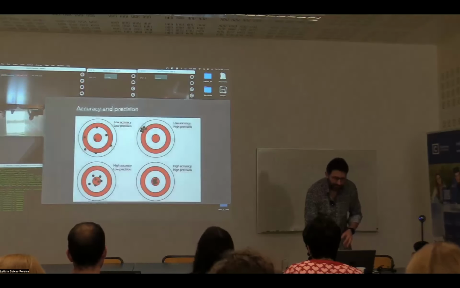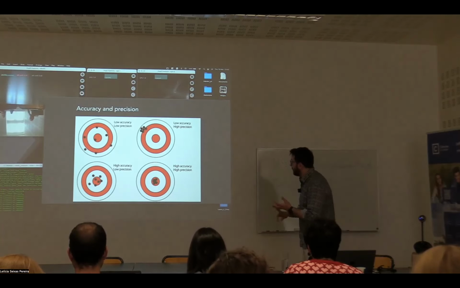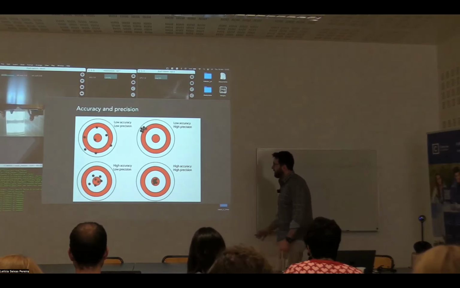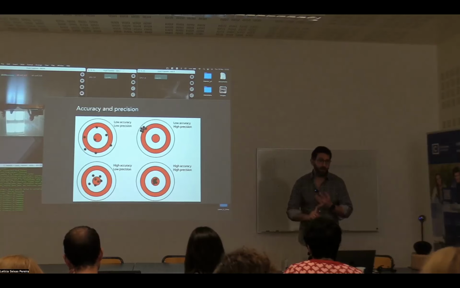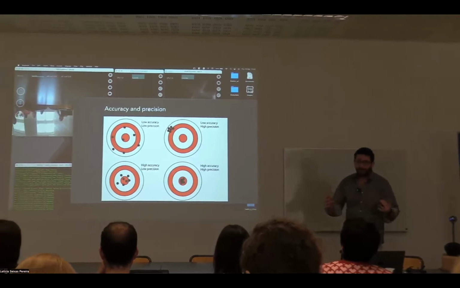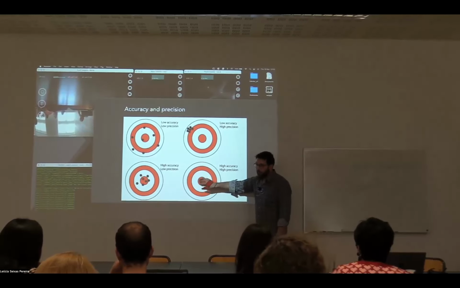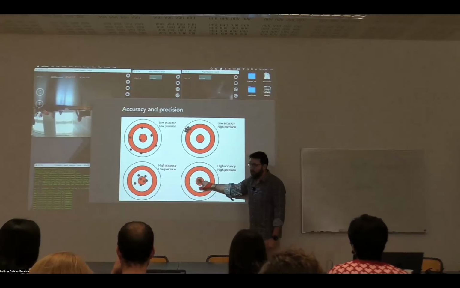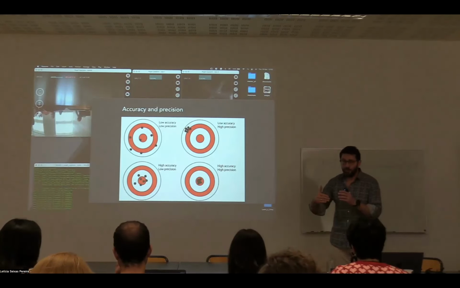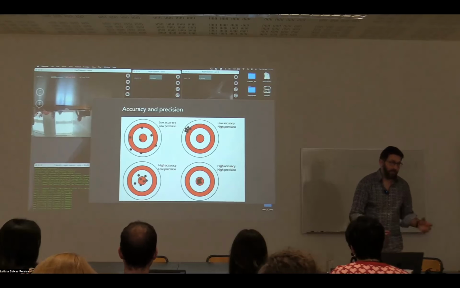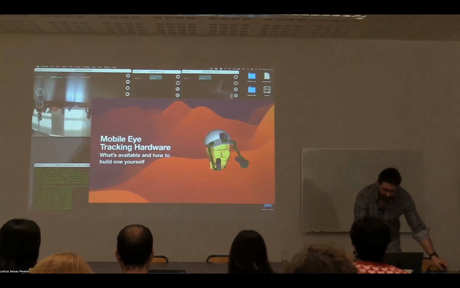an important metric for us. So with the trackers, when we're talking about the quality of eye trackers, we're talking about the accuracy and precision. So nothing fancy here. This is the classical example of what the accuracy and precision is. Of course, we want the highest accuracy and the highest precision possible, so that we measure at the target, the gazes, and all the gazes are stable in time, right? So that's a goal. And with a good calibration and a good tracker and good settings of the study, it is possible. So how does it work with the mobile eye trackers?